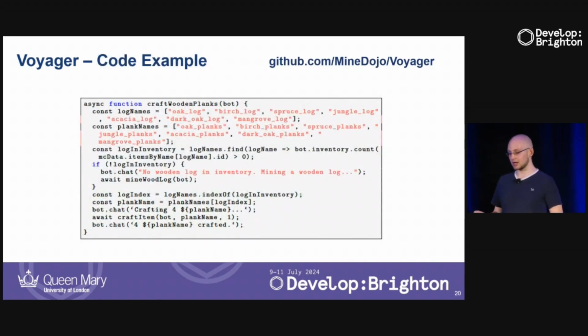And this is one example of how such code could look like, where we ask the language model to craft some wooden planks. And wooden planks in Minecraft can be created by first mining some logs from a tree and then turning the logs into planks. So the first thing the language model is doing, it's just checking if it actually has some kind of log in its inventory. If there are no logs in its inventory, it's first going to gather them. And finally, once it has gathered some logs, it's going to turn them into planks, which can be done using the crafting bench in the player's inventory.